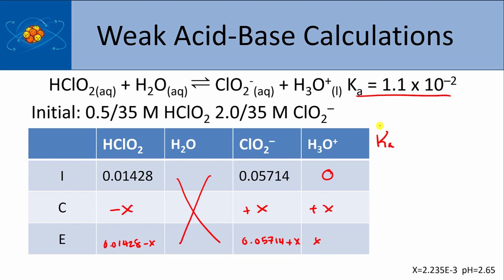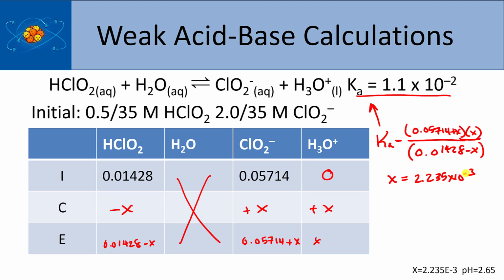So I'm going to write Ka, which is this, equal to the concentration of the products over the reactant. So I'm going to write 0.05714 plus x times x divided by 0.01428 minus x. And run it through a solver, and what you'll find is that x is 2.235 times 10 to the minus third, and so your pH, the negative log of that value, is 2.65. Again, it's very similar to the last chapter's problem, except now we have a starting amount